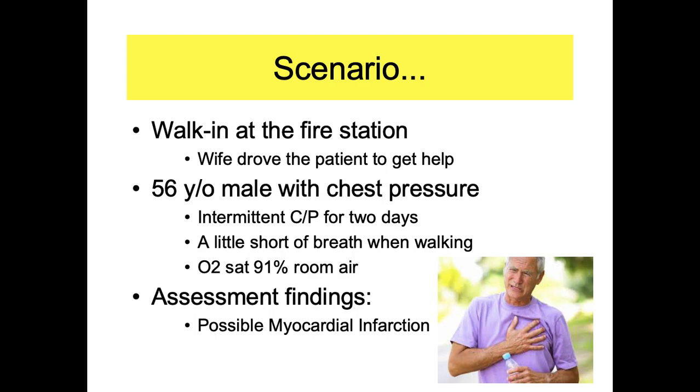So a scenario right here. You're working as a firefighter EMT. This gentleman walks into your fire station, knocks on the door. He's got chest pains for the last couple of days. His saturation is 91% on room air. He's got this shortness of breath, and you hear some crackles in his lungs and all that. So you put him on some